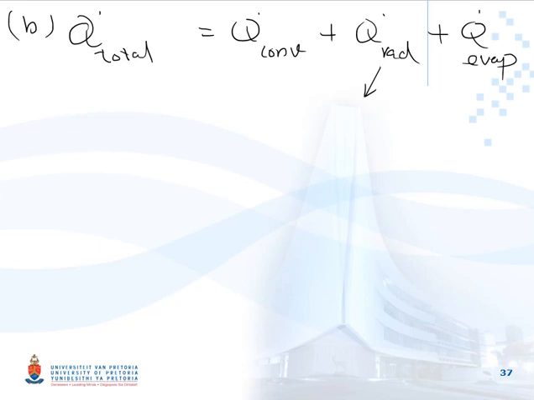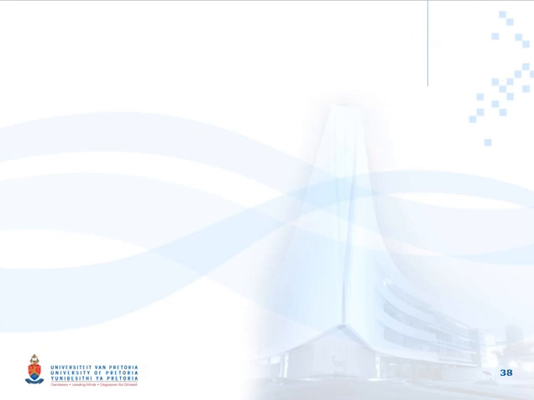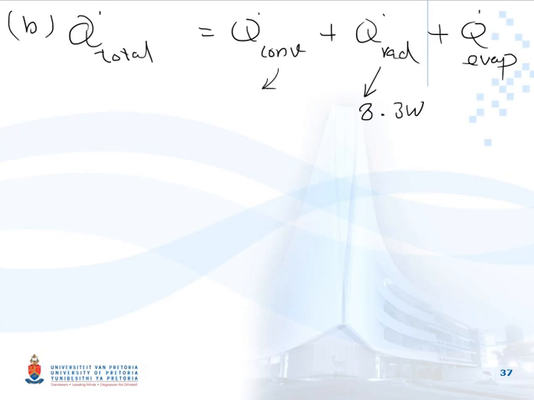So we just write it down, 8.3 watt. How about the convection? Convection will stay the same as well, so 32.2 watt. The only thing that we need here is to find Q dot evaporation. Okay, so let's start with